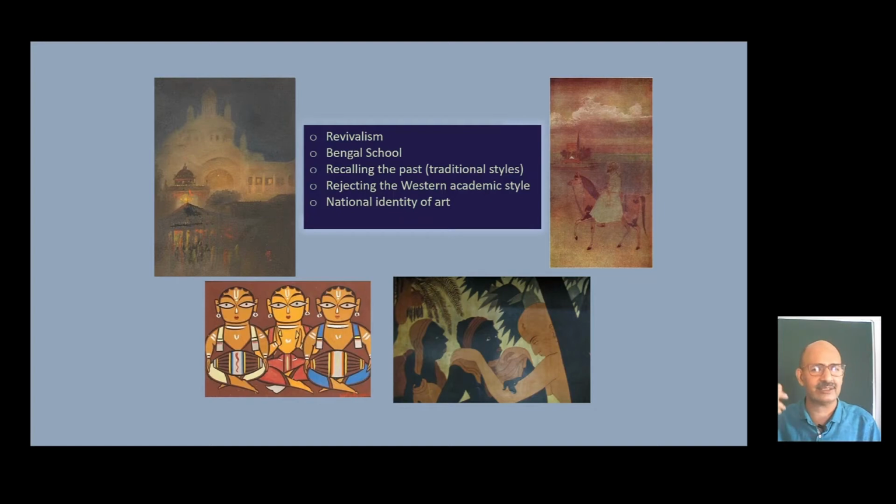These are the ideas that were in circulation those days, and many artists, unless somebody who is strongly tied up to Western academic style, mostly were responding very positively to these ideas of revivalism, and they also understood clearly that if revivalism meant to look back or recall the past traditional style, to understand certain values of traditional paintings,